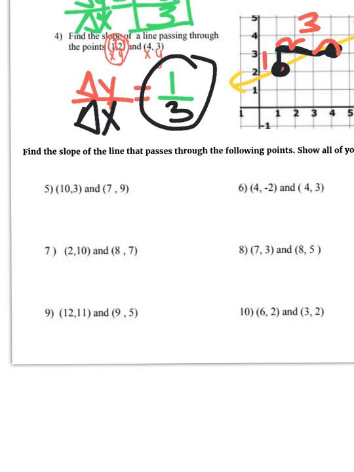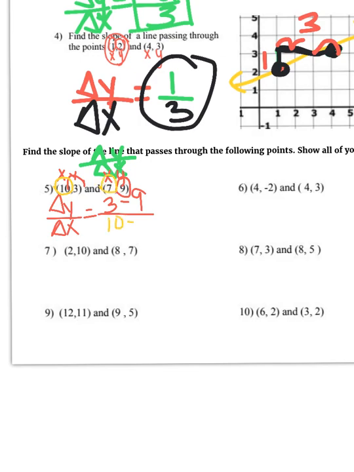So the one thing we want to remember is that slope is the change in y over change in x. And when you have change, that means that you're going to use subtraction. So we first want to label x y, x y. So my change in y over change in x, rise over run. I'm going to take this first y value at 3 minus the second y value of 9. My change in x says I'm going to take the first x value, which is 10, and I'm going to